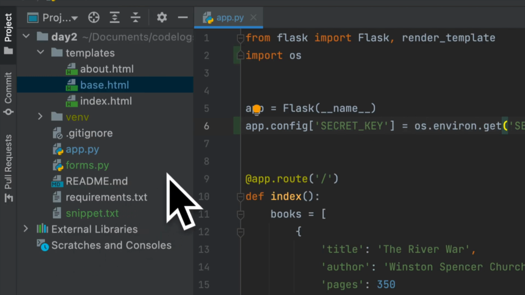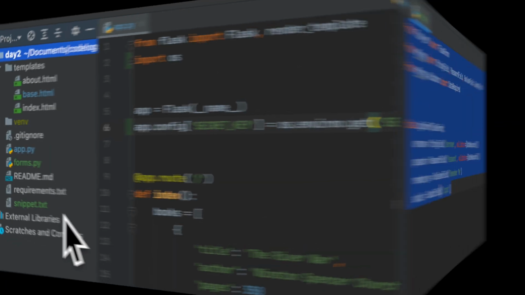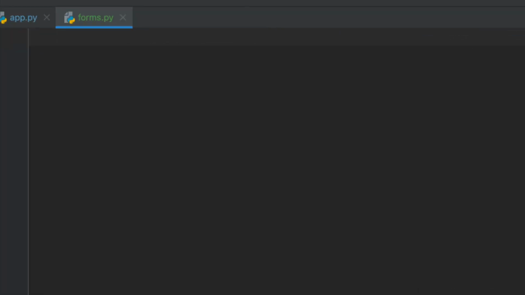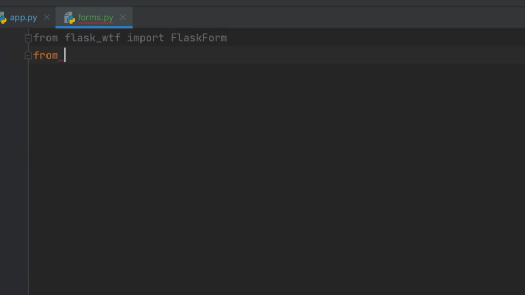Then what you would do is create a new file called forms. Oh, it's already there. We will just write it again. The first thing that you would write is from flask_wtf import FlaskForm. You would import the fields. We need a string field, we need a password field for the login, and we also need a Boolean field for the remember me field, so that the user can be remembered when they log in,